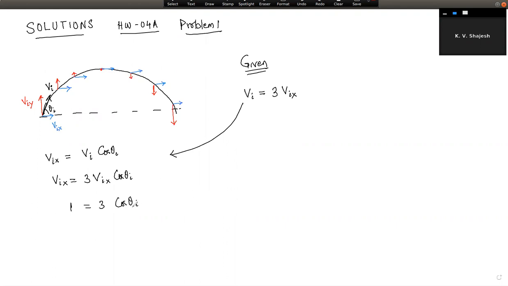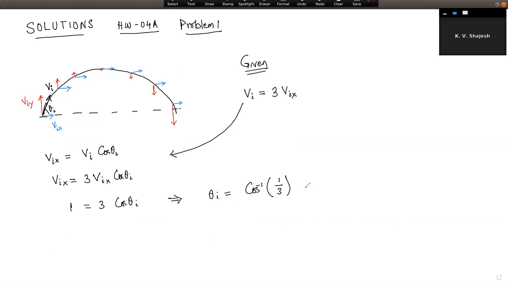And immediately we can calculate the launch angle now. This implies that theta initial is equal to cosine inverse of 1 over 3. You divide out by 3, and that allows us to